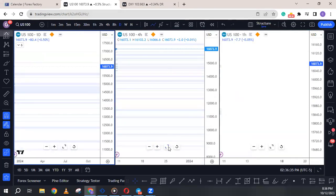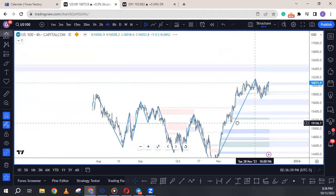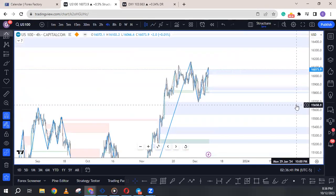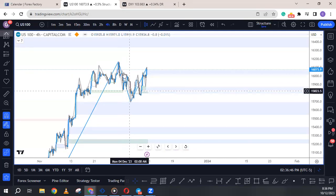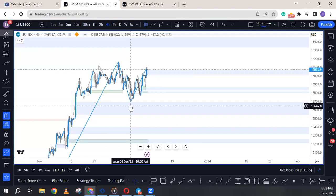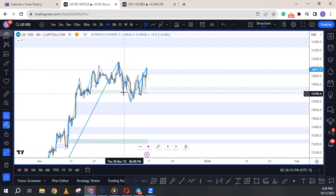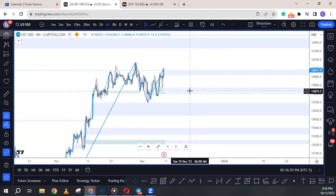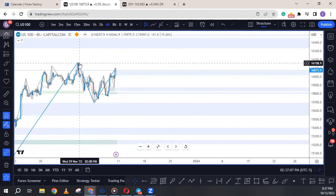So if we go down to the 4-hour time frame, this is a daily range on the 4-hour time frame. This high to this low. That's the dealing range for now. Previously, it was bearish with the break here. But if you look now, we have a close above these two highs on the 4-hour. So that means that going into this new week, there's a possibility that any retracement on this pair, price might be